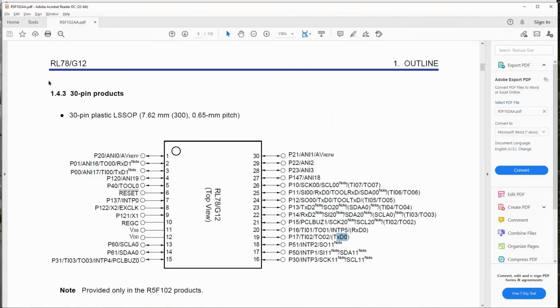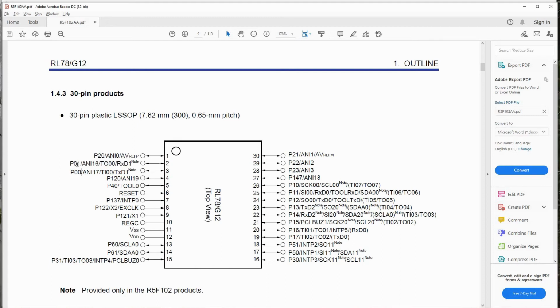Now in our code, we had used port B 0 and 1 as output and 2 and 3 as input. So here let me select a port. Here is how you read this: P21 means port 2 pin 1. This is port 14 pin 7. This is port 1 pin 0. This is port 2 pin 0. Port 0 pin 1.